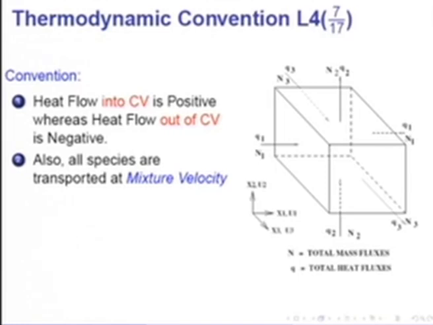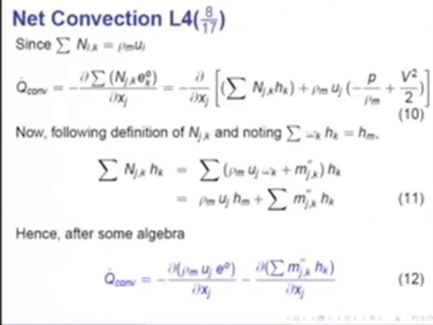And as we said before, all species are transported at mixture velocity. So, here I have shown all the net mass transfers and heat transfer that would take place across a control volume phase. N is total mass flux and Q is the total heat flux across the interface, across a control volume phase. So, net convection then, by following the convection that the heat in is positive whereas heat out is